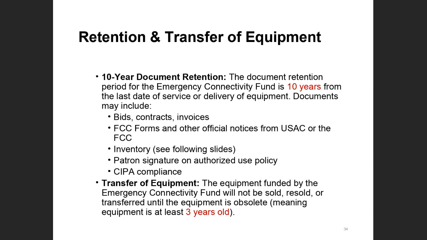And those patron statements about using the equipment or service for educational purposes. You need to keep hold of that. And if you have documentation regarding CIPA compliance, like some kind of log showing that your computers were filtered, your internet safety policy, and documentation about your public hearing, you'll need to keep that as well.